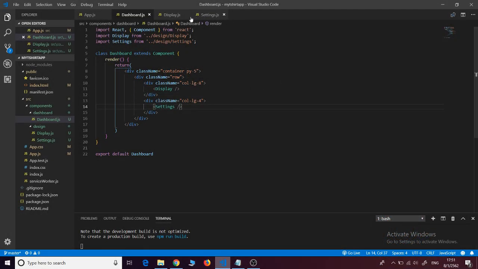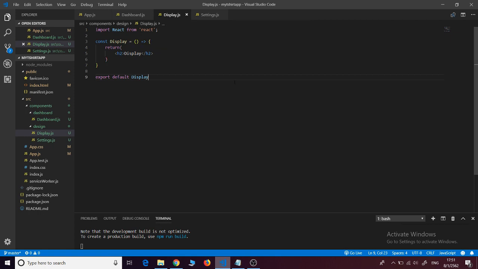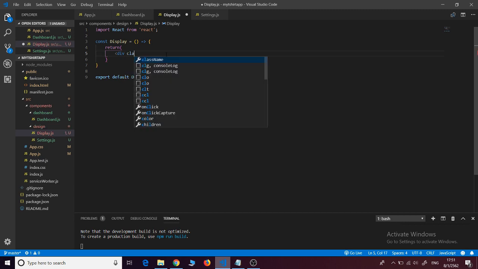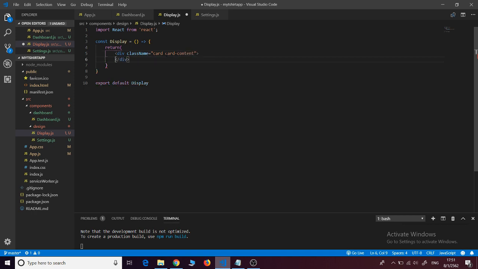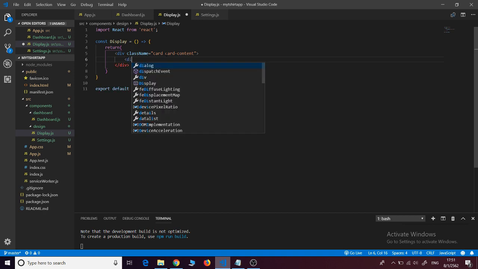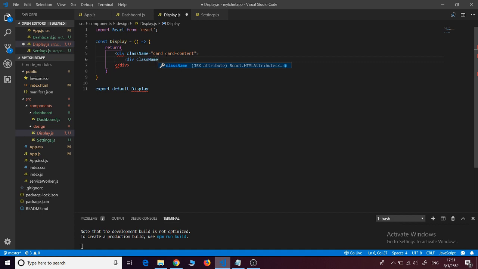Okay, so let's go ahead and design the display. So here, let's create a new div, and we'll give this a class name of card as well as card content. Then we will create another div and we give this a class name of ImageTshirt,